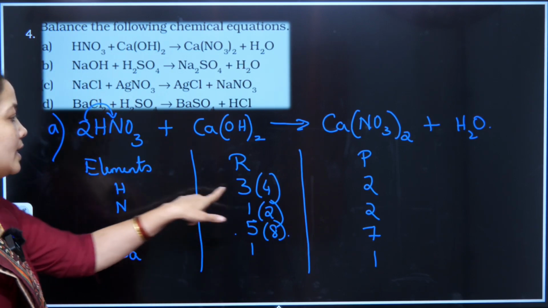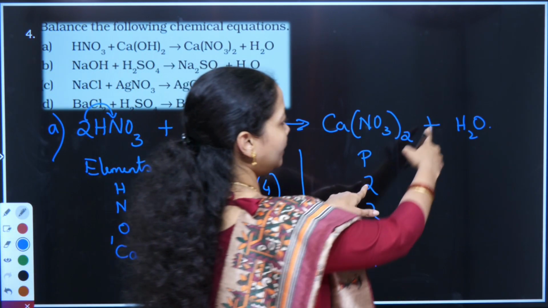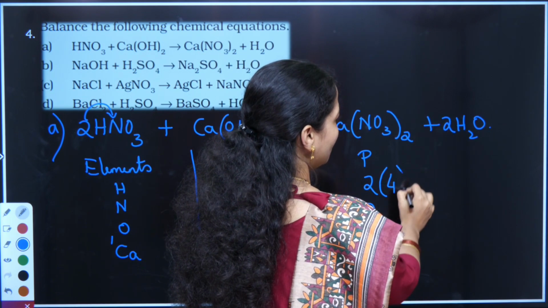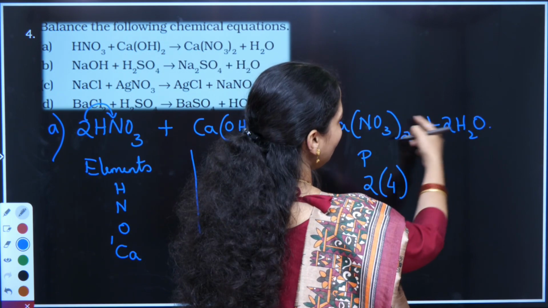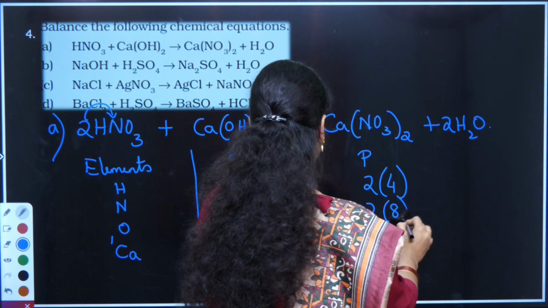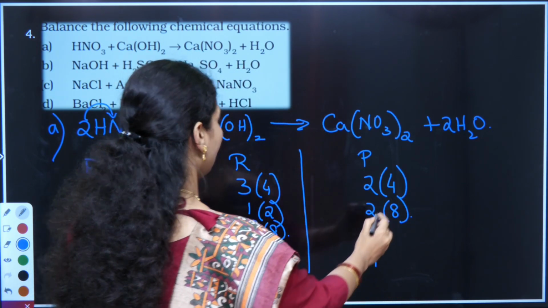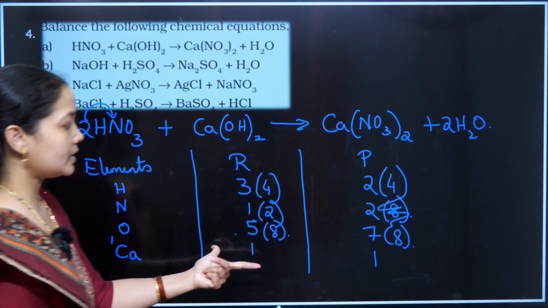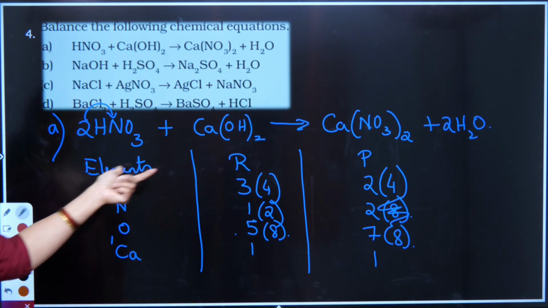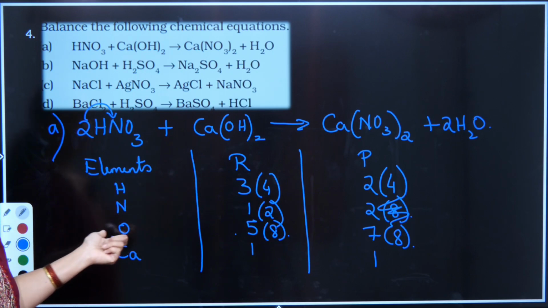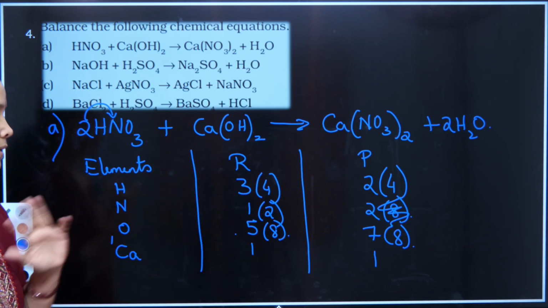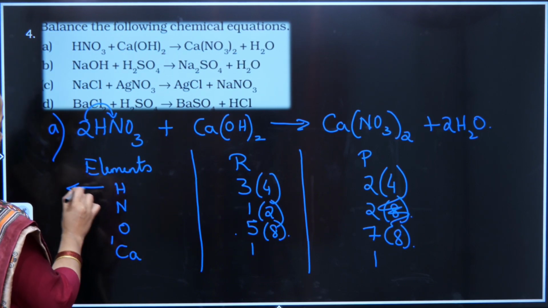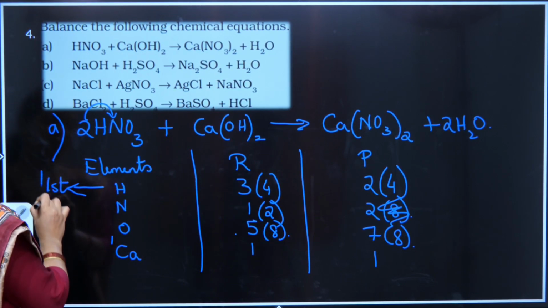Now hydrogen has become 4 here, but here I only have 2 hydrogen, so I'll make this 2. Count of hydrogen 4, count of oxygen 2 plus 6 is 8. When I look at the reaction, I can easily make out hydrogen turned 4, nitrogen 2, oxygen 8 and calcium 1. So here the key aspect is I have to strike hydrogen first. So I am marking it here.